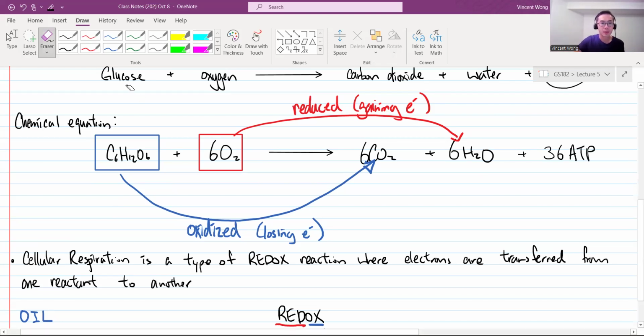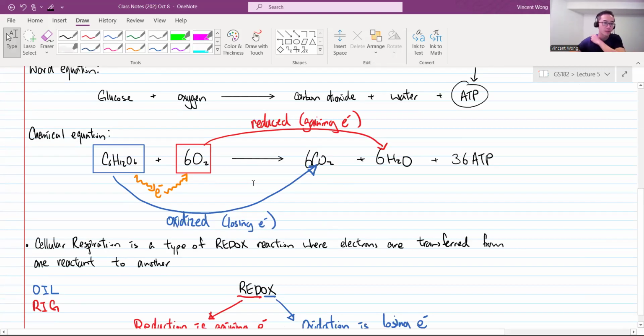Okay? So essentially, electrons are removed, not just one, a lot of them are removed. And ultimately, the electrons are going to be transferred onto the oxygen. So that's the overview of cellular respiration with the equation and the oxidation and the reduction. Okay, I'm going to pause and let you catch up. And I know I ask you this every 5 minutes, but do you have any questions?